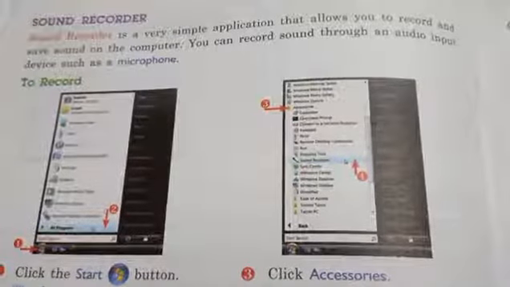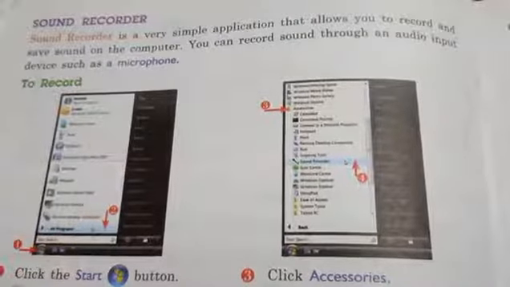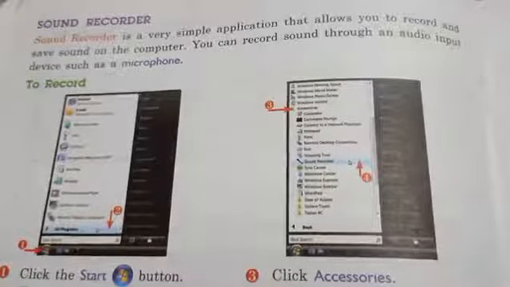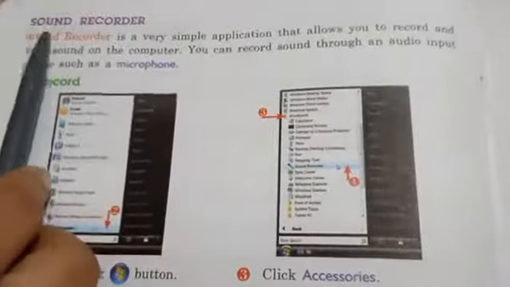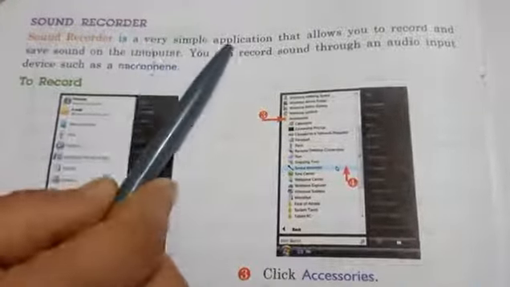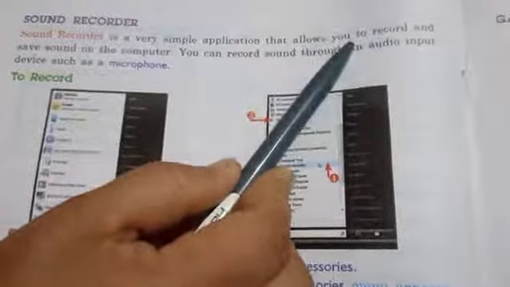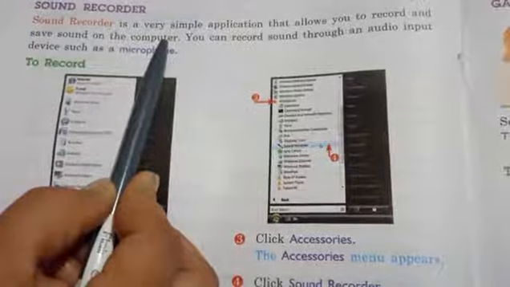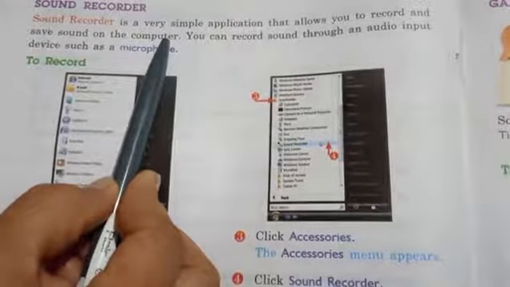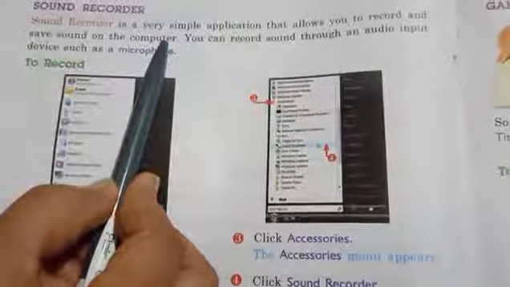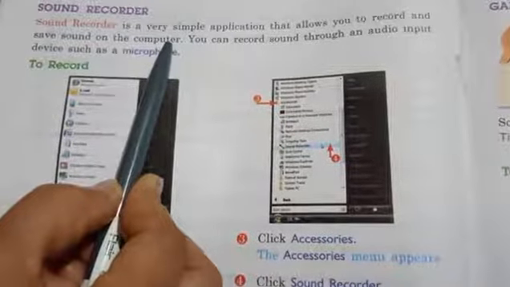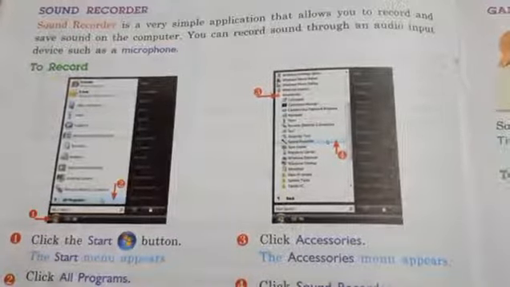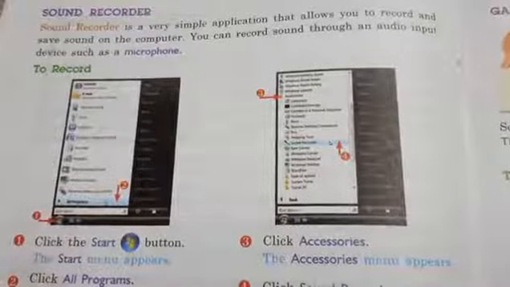It is an application that is used to record your sound and save it into the computer. A sound recorder is a very simple application that allows you to record and save sound on the computer. Now it is clear what a sound recorder is in a computer.